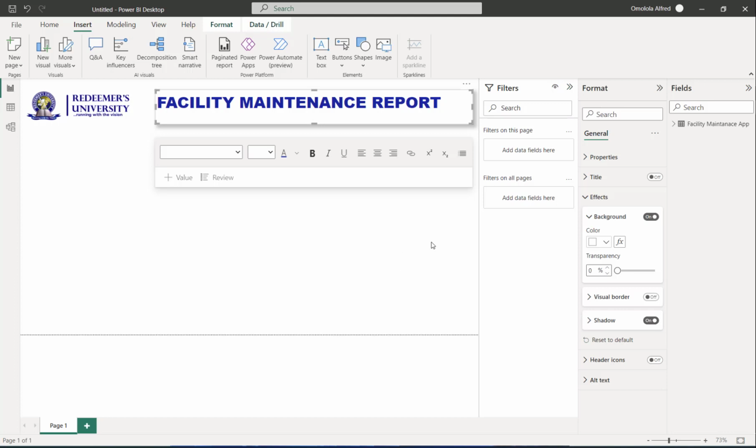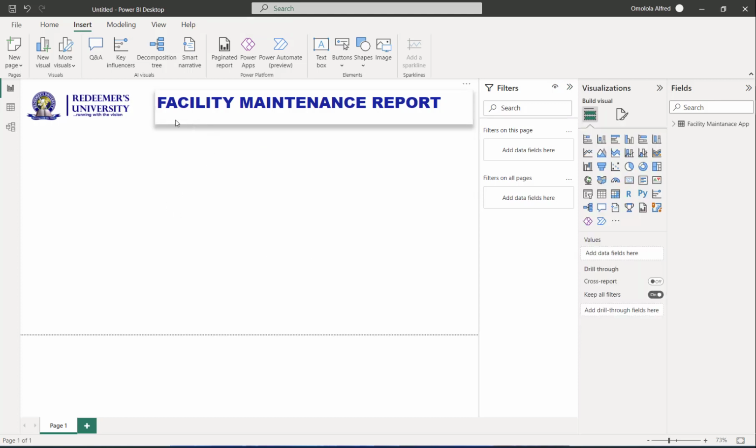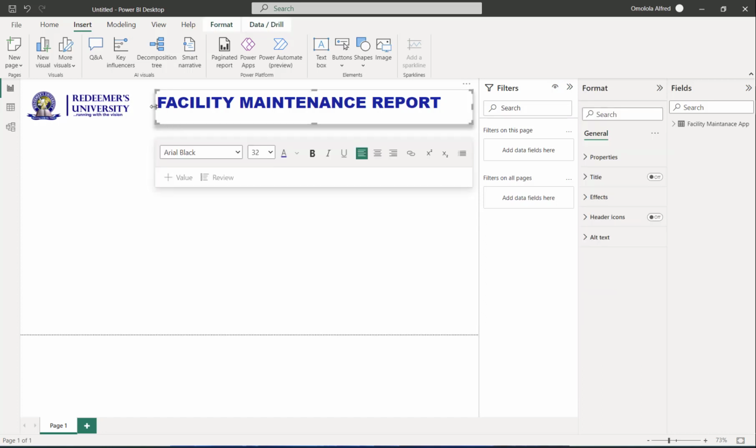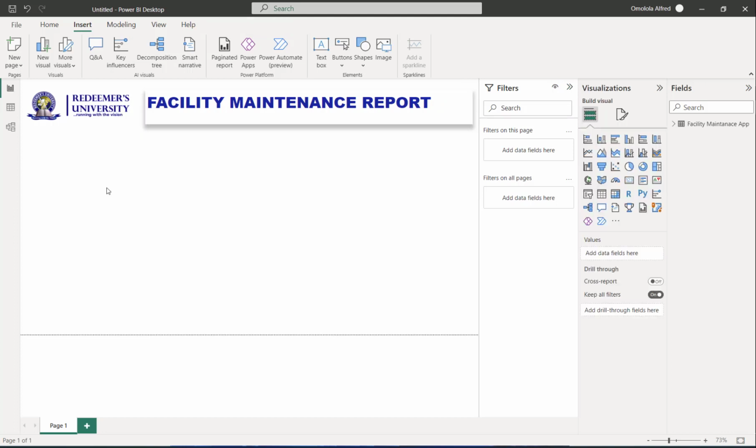All right. So the position of the shadow should be just the bottom. Yes. So we're going to have this. Okay. So we have our title, we have our logo,